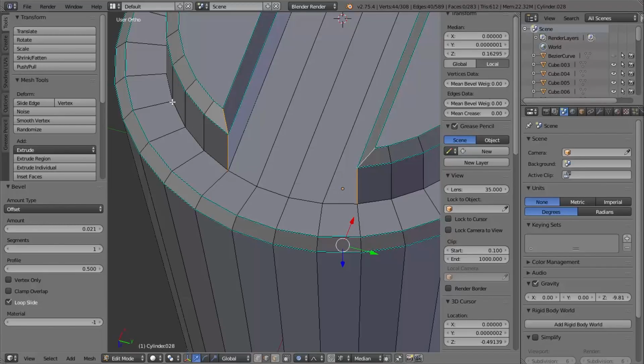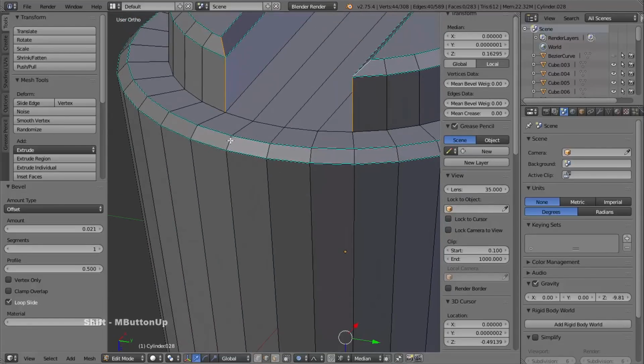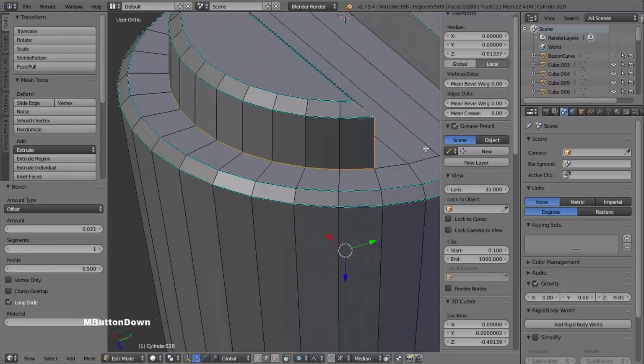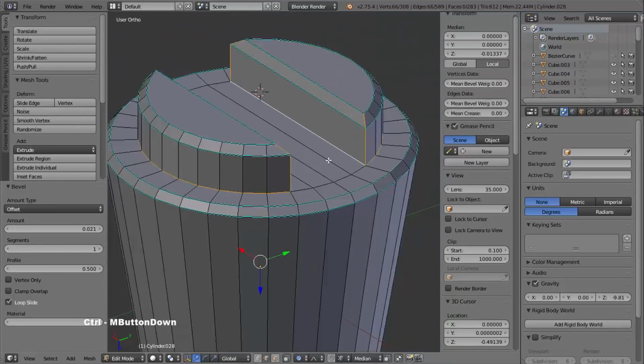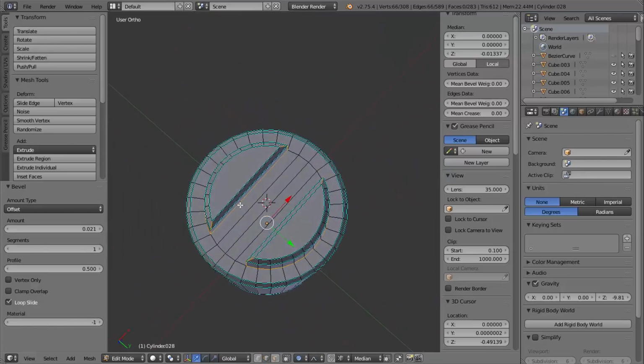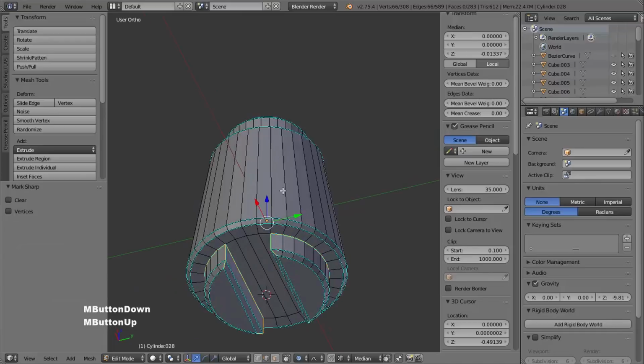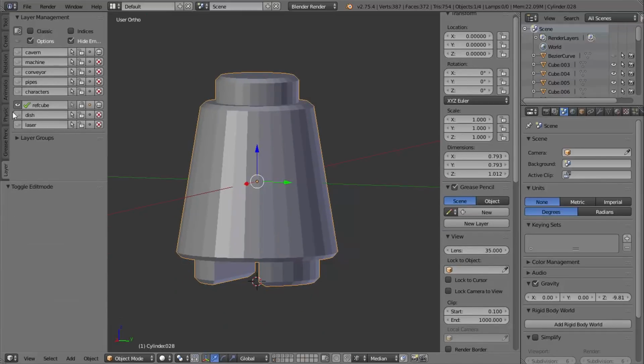And I also want to select the edges running around the bottom of these extrusions, so Alt with Shift and right click. I think that's okay. So then Control E, mark sharp,